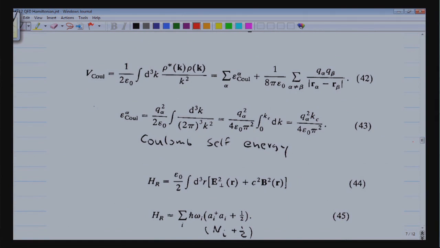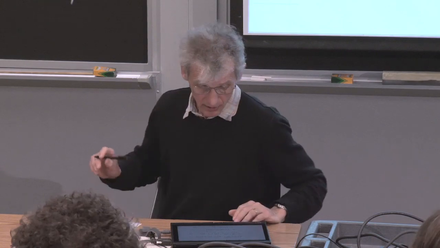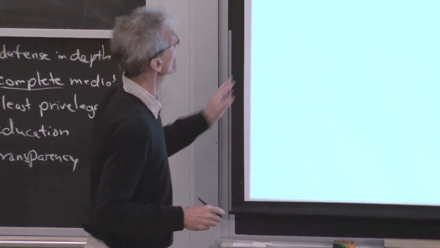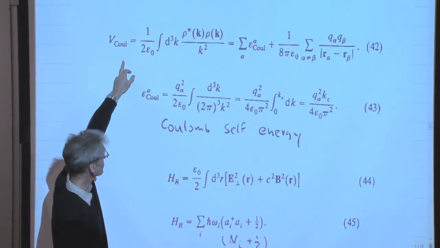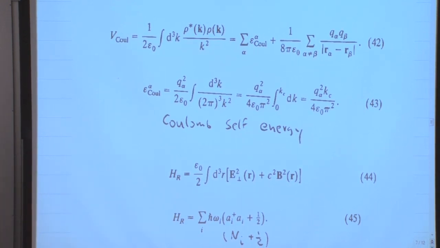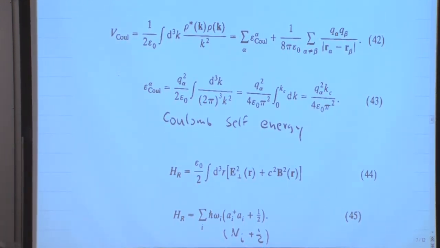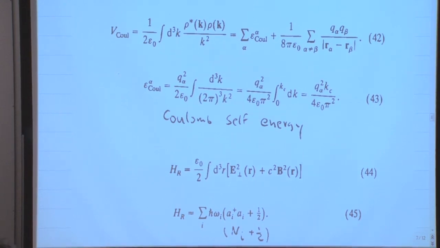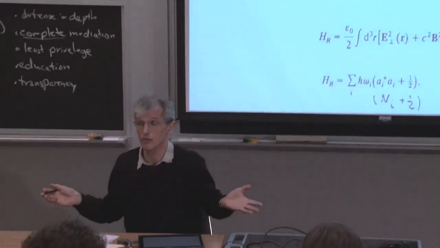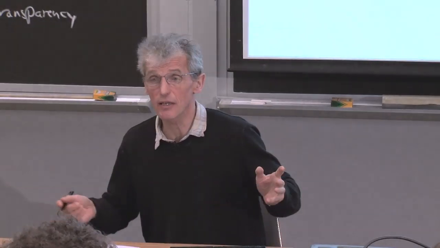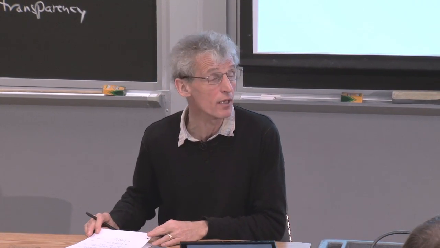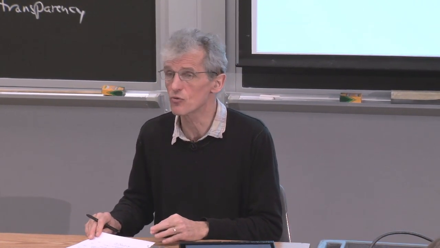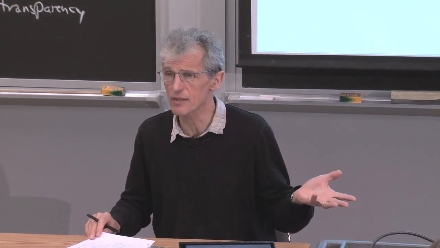Okay, so these are all the terms in the Hamiltonian. I mentioned, but I don't want to dwell on it, that the Coulomb energy has to be separated into a Coulomb self-energy and an interaction energy between the charged particles. But all that becomes just one term in our Hamiltonian. This is the atomic structure. When we assume that atoms have energy levels, all the Coulomb energy is included in that. So we will not discuss any further the Coulomb energy. We will simply assume we have an atom which has certain energy levels, and that includes all the Coulomb terms.